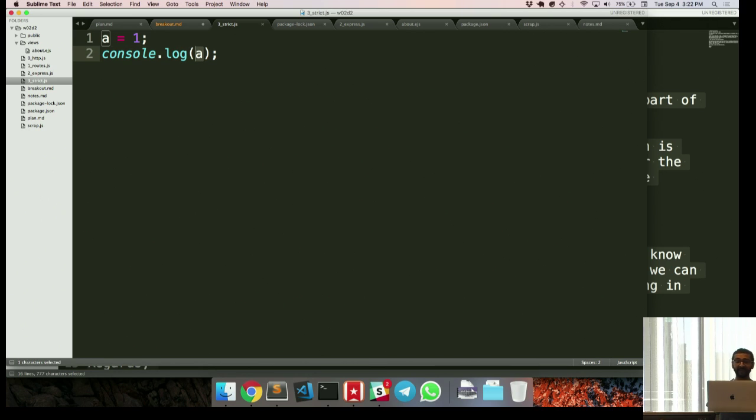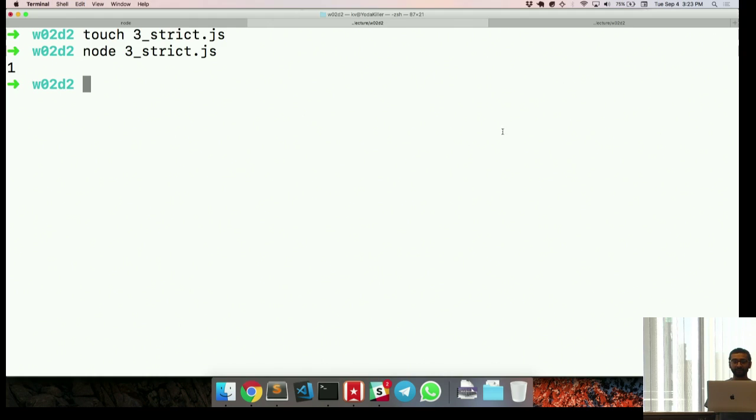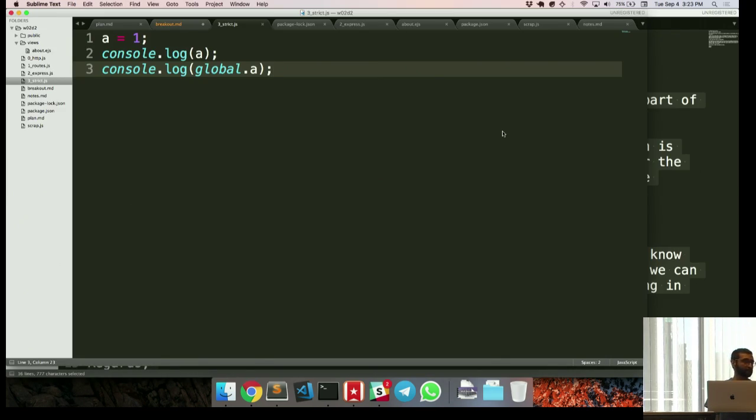And when I say a, it doesn't find it. It's able to find it in the global.a, even though that's not explicitly mentioned here, which is confusing, right? So essentially, this is the same thing as global.a, a being our variable name, of course, right? So these are the same, and that's how this is working, which is the confusion.